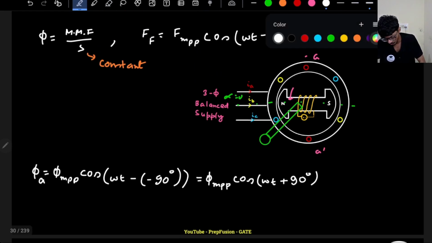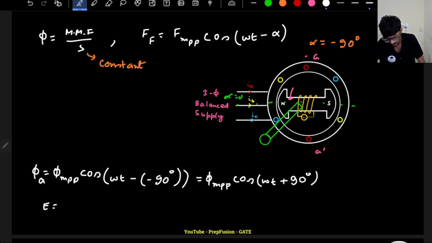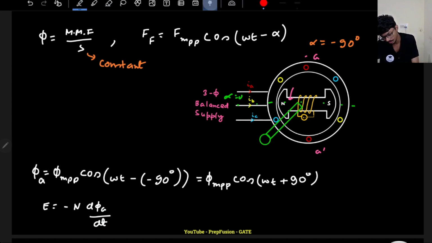So we know the formula for induced EMF is E equals minus n d phi by dt, right? Whatever is the number of turns, I don't know how many turns it is wound, so it will be minus n into d phi of A over dt, because whatever is the flux that is linking with the conductor A. Okay, so this will be equal to,